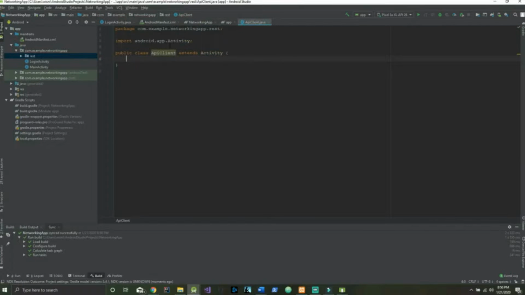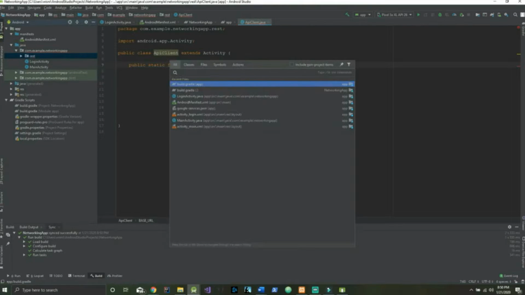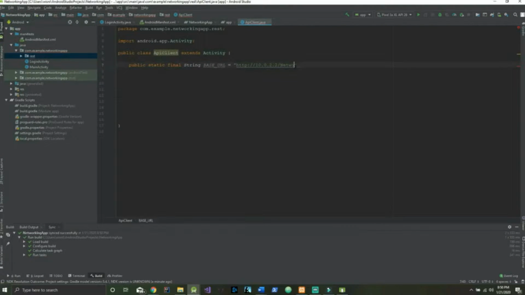and hit Alt Enter. Now for our first variable, we are going to say public. Actually, let me give a little bit of room here. We are going to say public static final String BASE_URL, and this is going to say HTTP colon, and we're going to say 10.0.2.2, and this is going to say /networking app. Okay, so now what we have to do is go into our XAMPP folder,